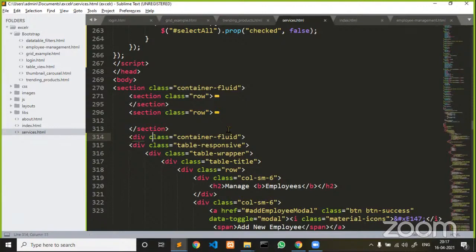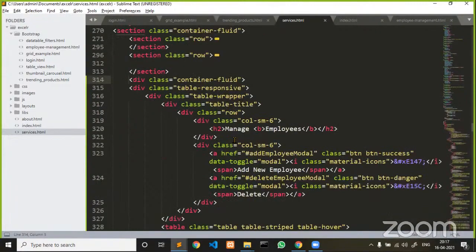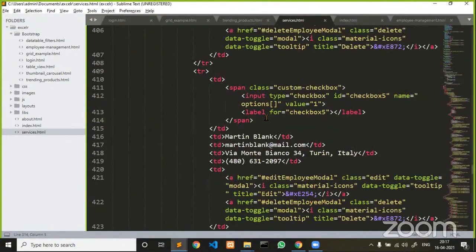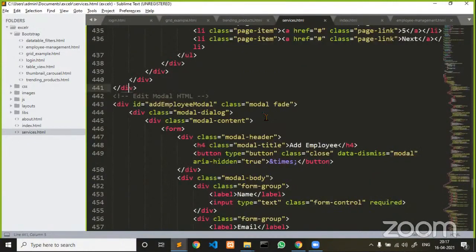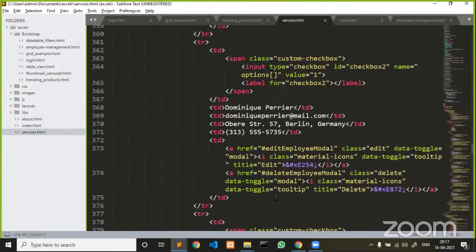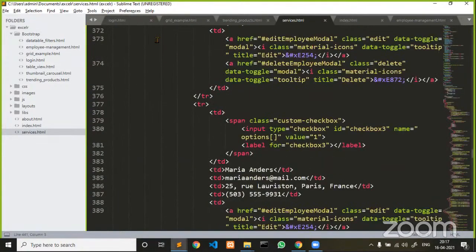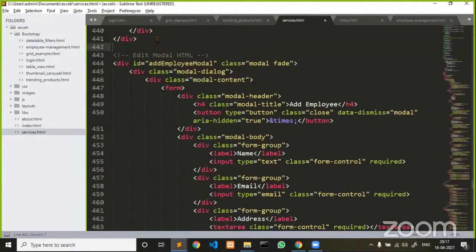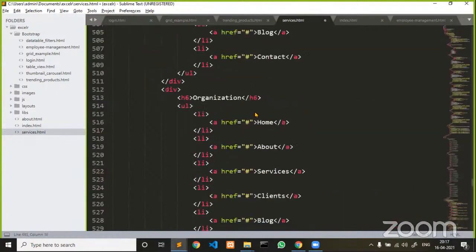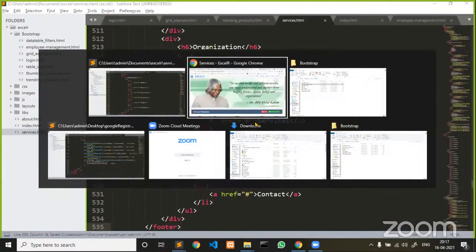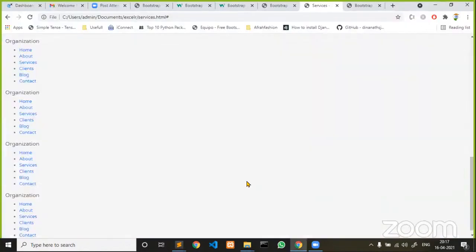Proper indentation also matters a lot. Adding the footer back to my page. If I reload, my service page is done.